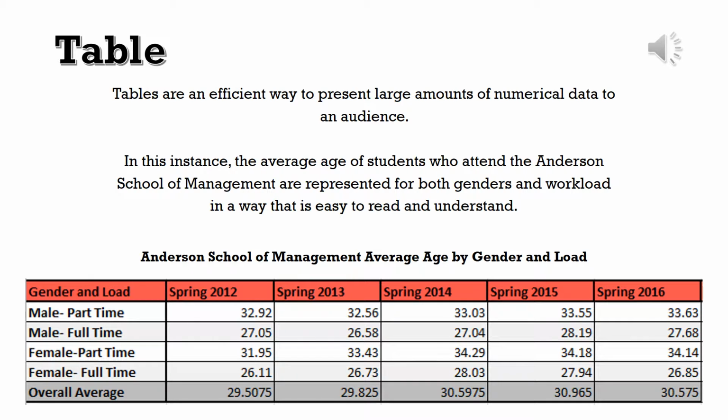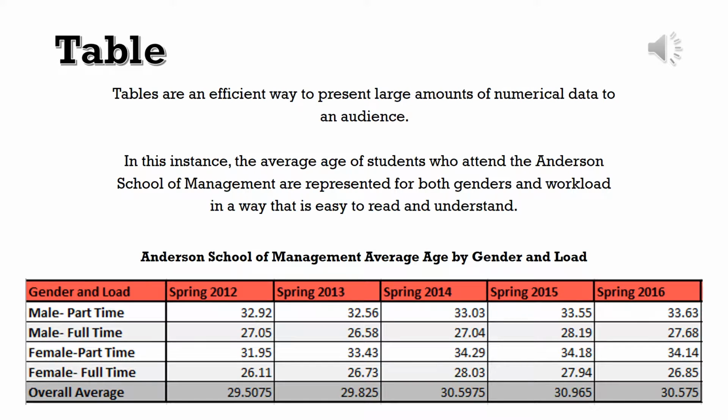So here we are looking at tables as an efficient way to represent data. This is an especially efficient way to represent data when you have a large amount of numerical information. This is because when you write this out in words, it can be a large paragraph and the information can be hard to locate or hard to understand. If you're representing in a graph, sometimes it can be jumbled or confusing to read if there is a large amount of numerical data. Here we don't have too much, but we have organized it well within the tables